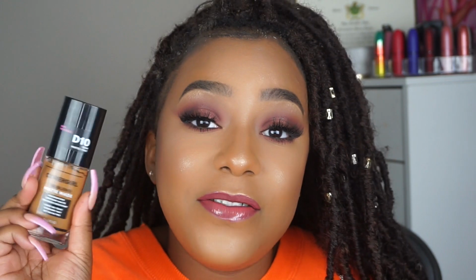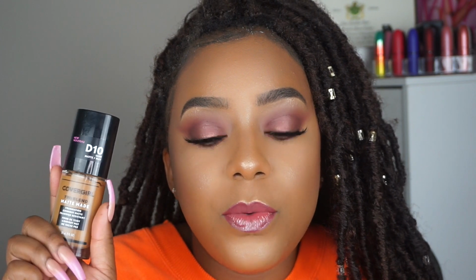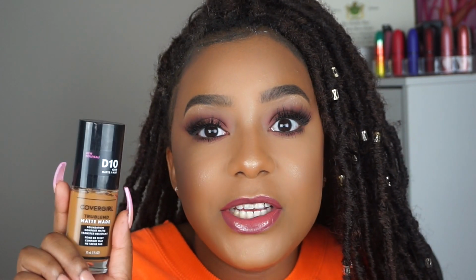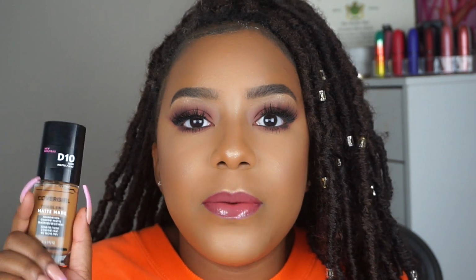I haven't even tried this out. I haven't done my review on this yet, but this is my next review. I'll be reviewing the True Blue Matte Made foundation by CoverGirl. I will say compared to the two, this one may be a little bit more brown and a little bit more olive tone, which honestly may work better for me because I have a lot more brown on my chest area as well. The bronzer